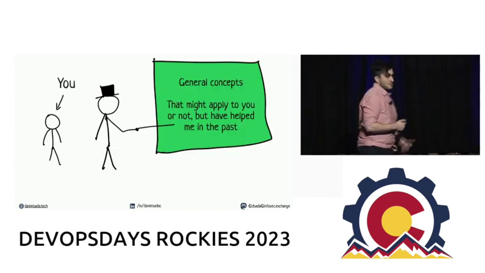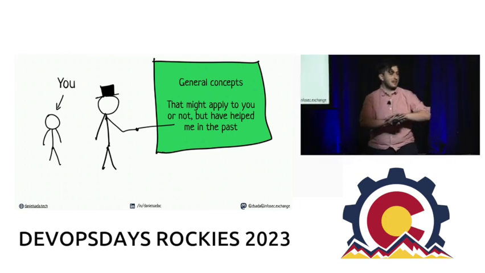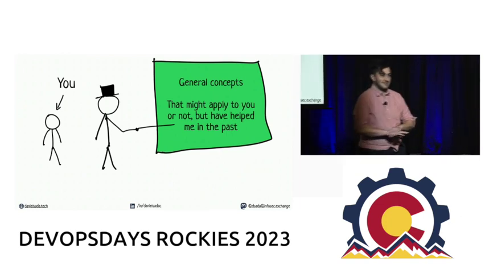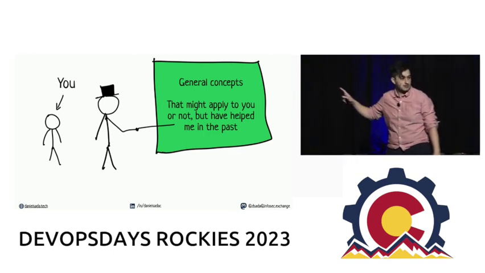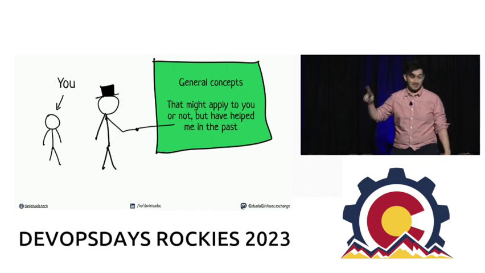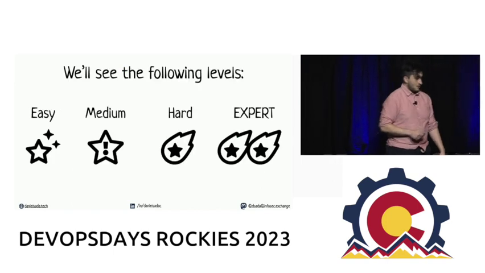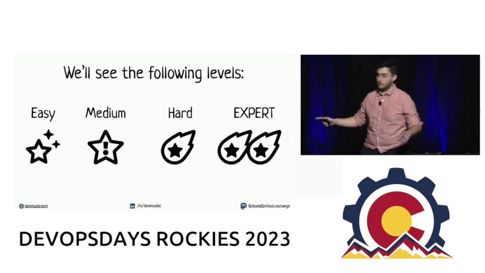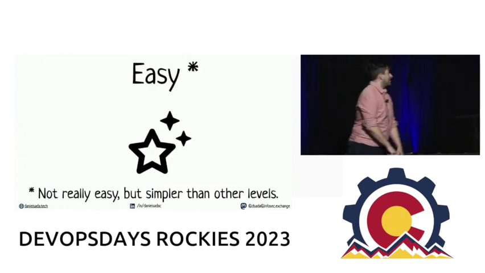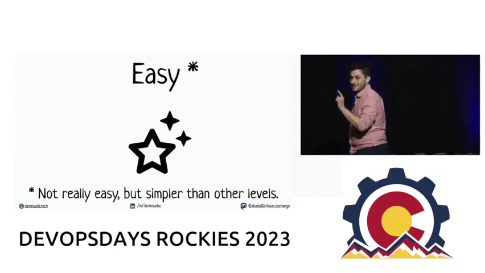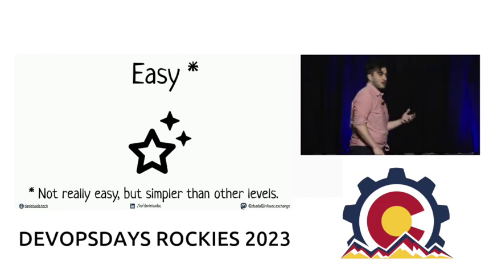And I'm going to teach you some general concepts. Compared to some of the talks here, this is not scientific. This is not backed by evidence. It's just what I've seen works for big companies that I've worked for. Things that I've seen applied, fundamentals I've seen applied through all these companies. And we'll separate them in 4 levels. We'll talk about easy, medium, hard, and expert. Let's talk about easy. And it's not that it's easy, but it's quick to apply, and you get the most value out of this.